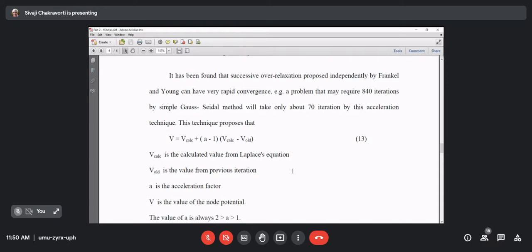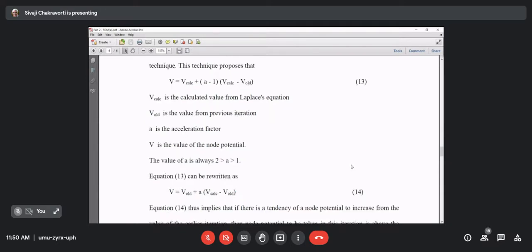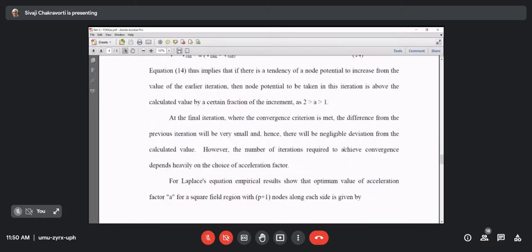So there is a question of the old value and the calculated value. That means old value is the value of the previous step, a previous iteration. Calculated value is the value of present iteration. Now, many a times we use in the Gauss-Seidel an acceleration factor. So I have given some very simple expressions. And typically acceleration factors are in the range 1 to 2.